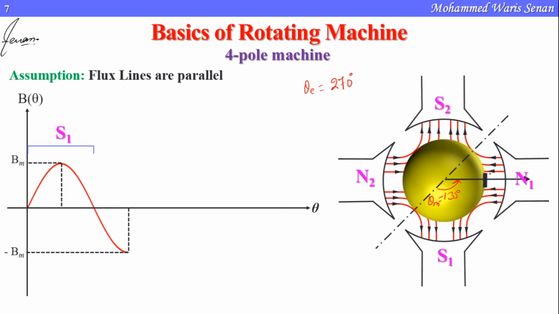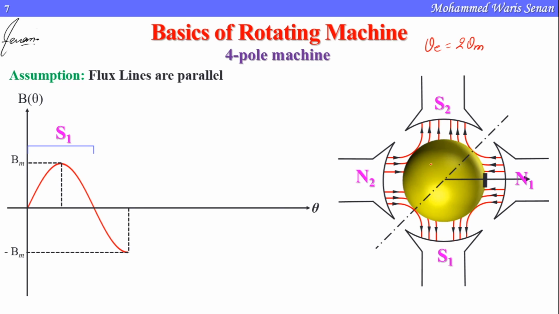For cos, the magnetic field lines are going like this, and the area vector is like this. So the alpha angle is 180 degrees, and cos 180 degrees is minus 1. Now we can say both results are coinciding and verified. For applying the sine formula, we take the angle as 270 degrees, and for applying the cos formula, we take the angle as 180 degrees. So we arrive at the same result, which is equal to minus Bm. In all the cases, we can see that theta electrical is equal to twice theta mechanical.